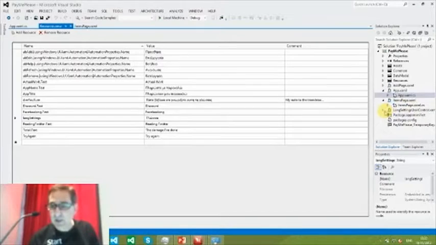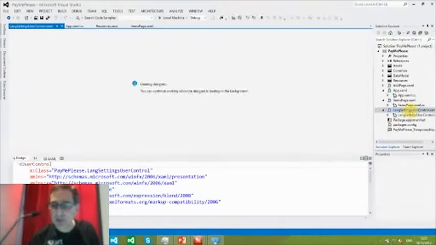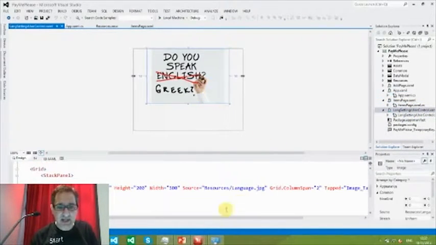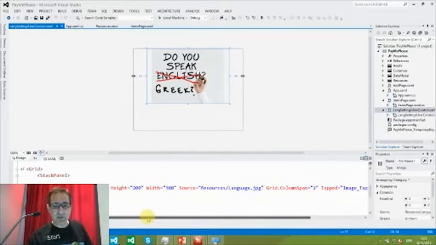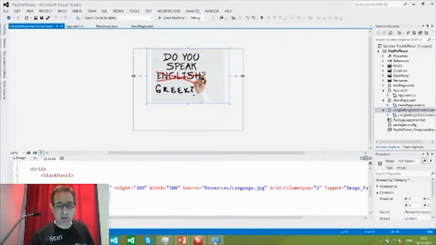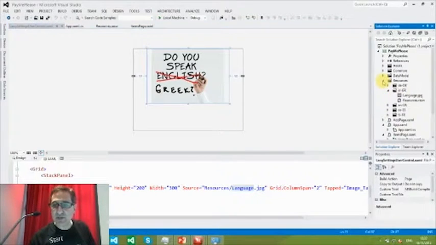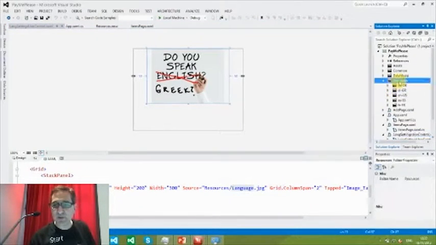Where was that? That was in my lang settings user control. If I come here and click on that image, you'll see that I'm not really doing anything. There's a standard image here, and I'm giving it the source resources, and the image is called language.jpg, right? If I look at my resource folder itself, there is no language.jpg. And yet, because there are all these resource files in here, if I look at resources en-us, there's this language.jpg, and